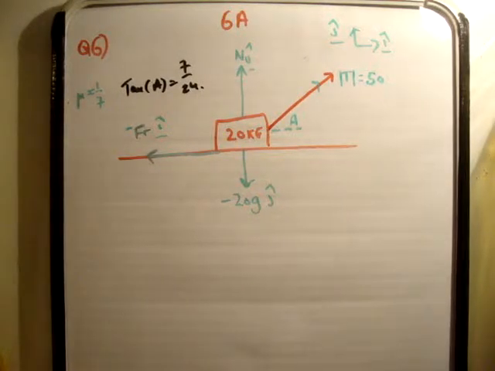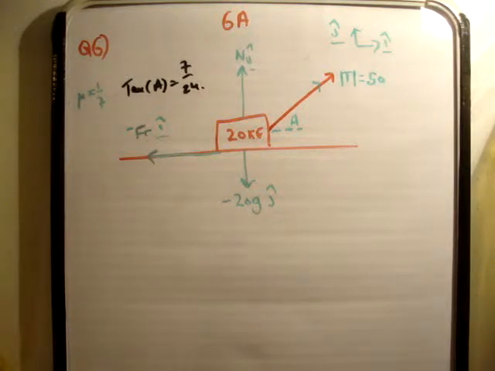Okay, in this video I'm going to continue on with exercise 6a of the book Fundamental Applied Mathematics. We're on page number 156 and the question is 6. It reads, a man pulls his son, who is in a toboggan, across horizontal snowy ground by means of a light rope. The son and toboggan have mass 20 kilograms and the coefficient of friction is 1/7. The tension of the rope is 50 newtons and the rope makes an angle A where tan A is 7/24